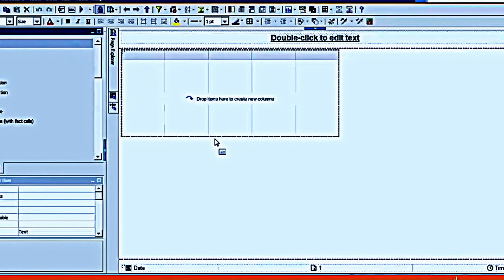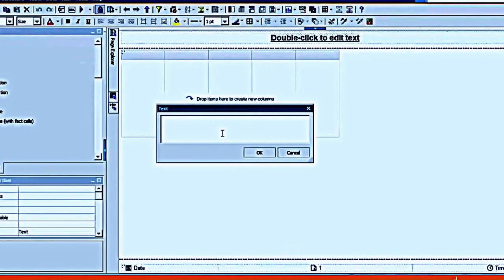If you take this text object and drag it in, I'll just drag a new item here. It is expecting me to provide some text value. Even for this object, I can have a title like this, "List Report". So it came here. What I will do is hold this and then drag it here.